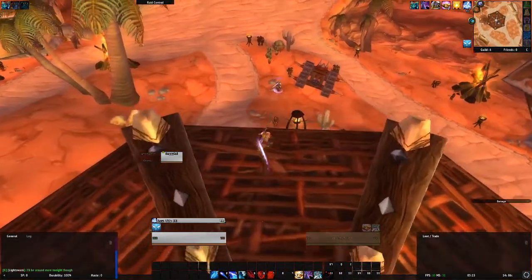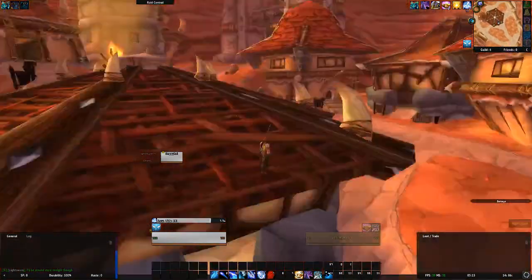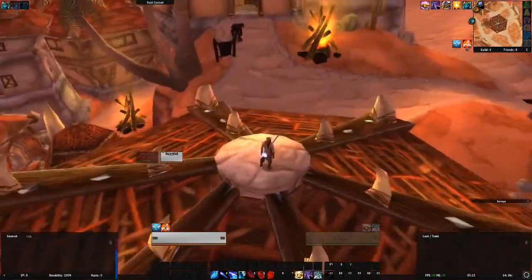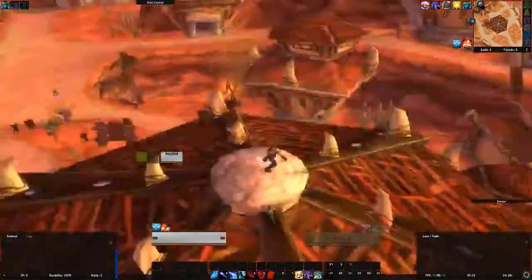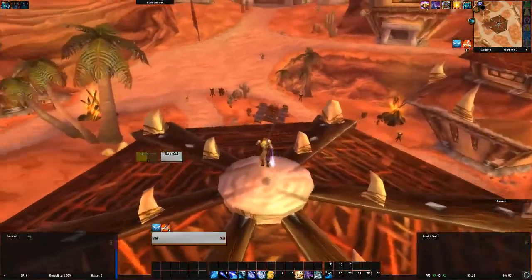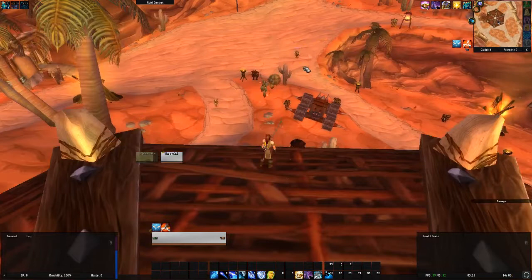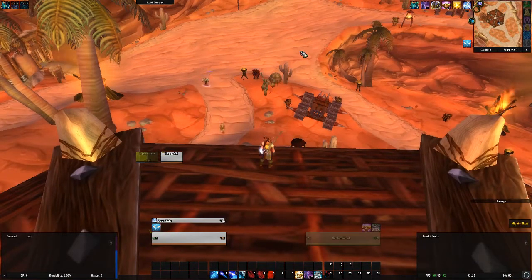Well, does it look like we're starting at 1? Allows 1-hand and offhand weapons to be equipped in the offhand. Right. Blood Fury's racial block. Passive. That's so weird. Maybe if I change my...